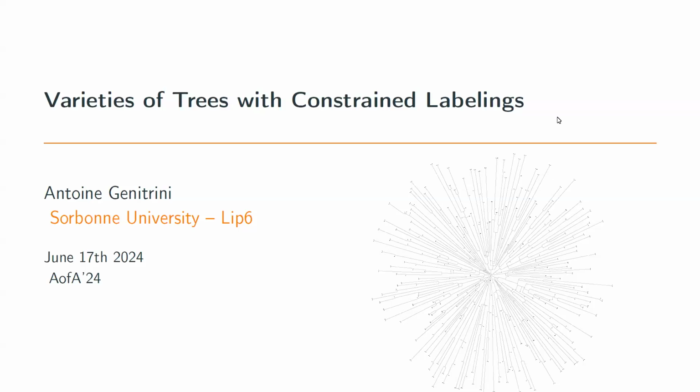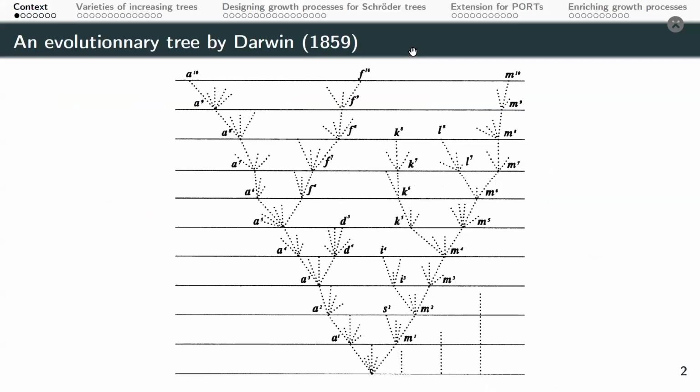And I'm happy to be here and to present some of my recent work with students and collaborators about increasing labelings in trees, and some more constraints than only increasing, as usual in analytic combinatorics. So the first idea of the model we want to develop is